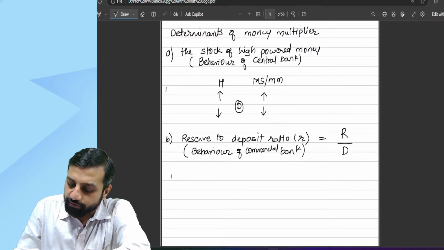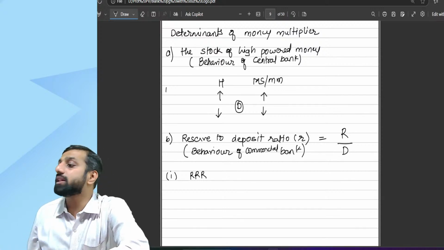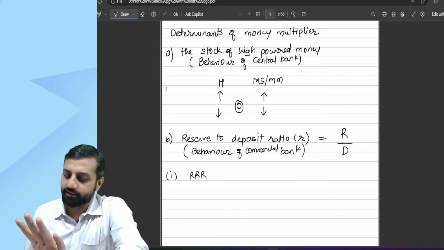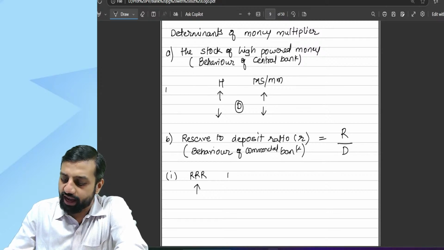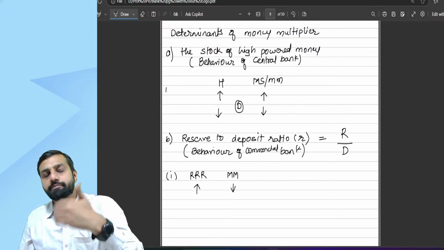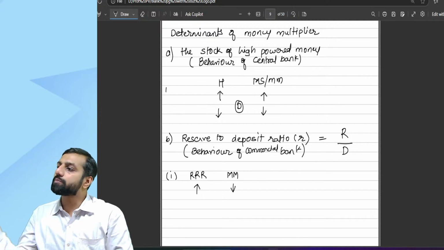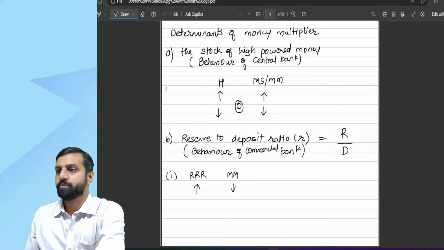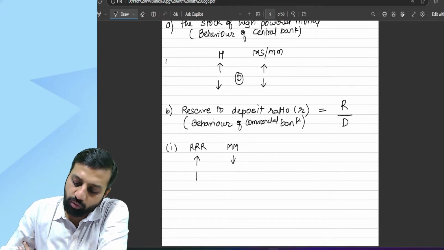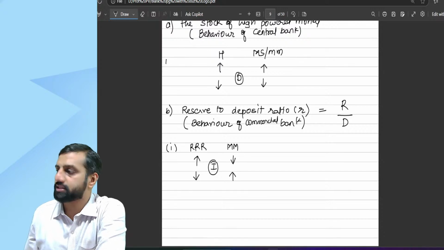There are two types of reserves. One is the required reserve ratio. This is compulsory. You have to maintain this irrespective. So if the required reserve ratio is high, then the money multiplier will be less, because you have to keep this money in the form of reserves. So it won't be given in the form of money supply. Lesser money supply would mean lesser money multiplier. Yes or no, Surya? And if the required reserve ratio is less, then the money multiplier will be more. So the relationship is inverse.